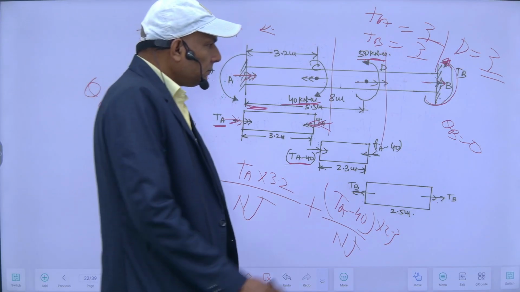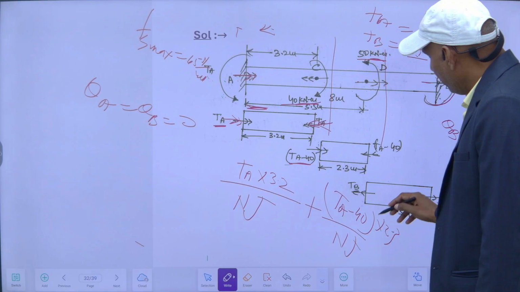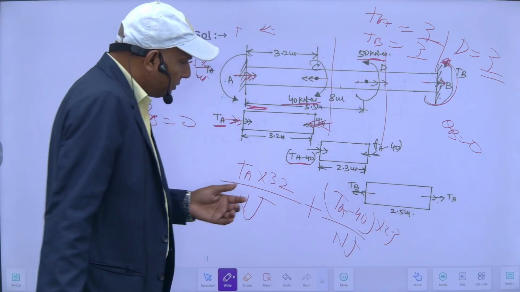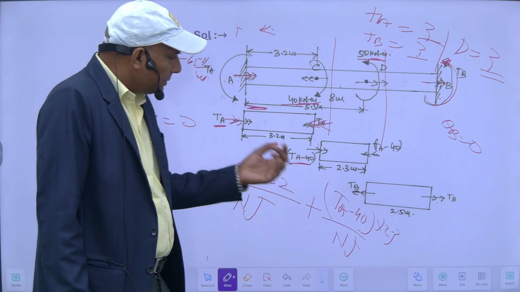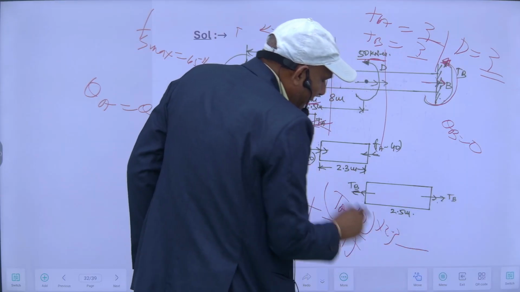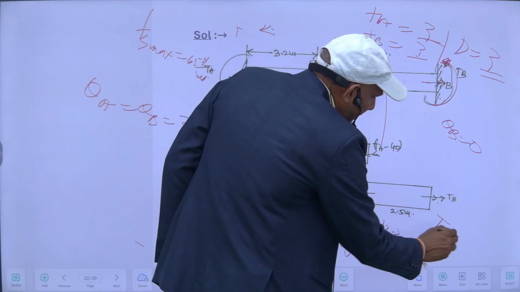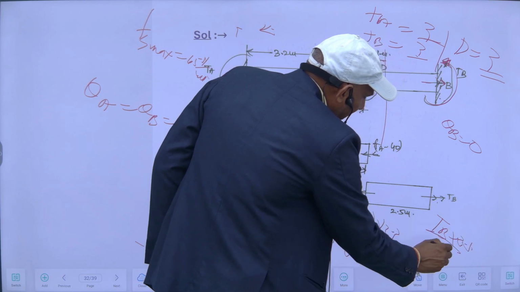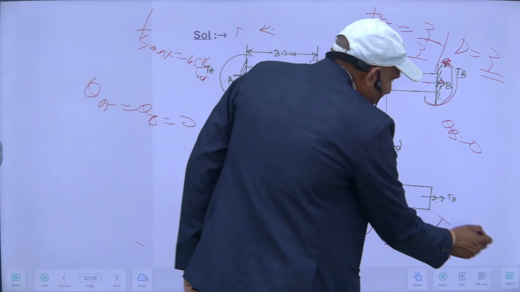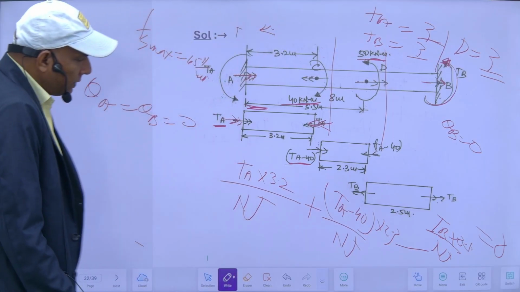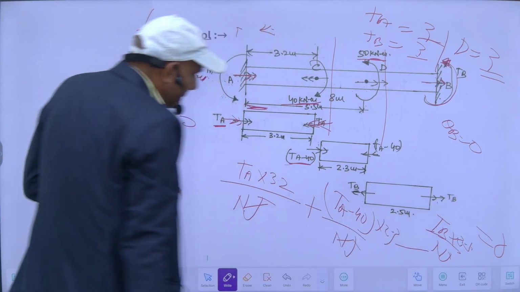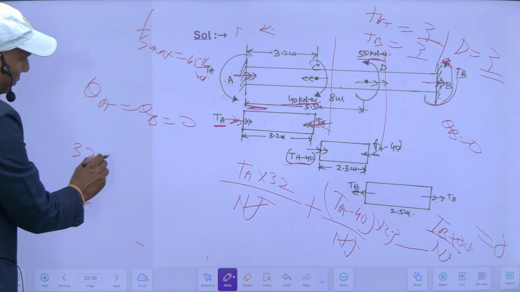Here, as I have applied this TB, its nature is opposite of this. So the angle of twist because of this will be opposite of this. This is just like tensile, this is just like compressive. So we will say it will be negative. It will be equal to TB into its length upon NJ. That will give the total theta B here, which is equal to 0 since this end is fixed. So if this plus this is equal to 0, NJ will cancel each other. So it will be 3.2 TA